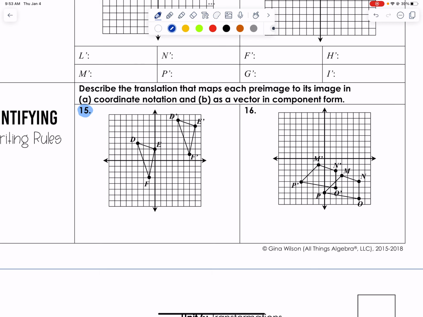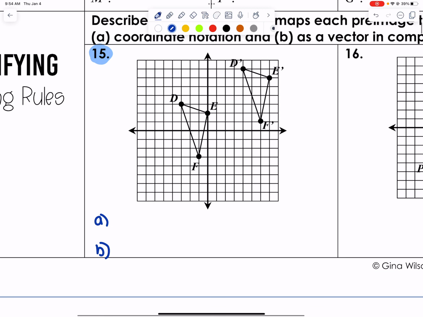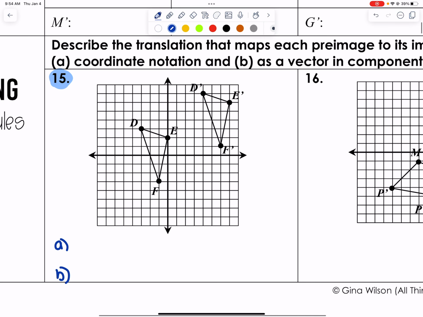So the directions here say, describe the translation that maps each pre-image to its image in A, coordinate notation, and B, as a vector in component form. So I'm going to show you what that means. So we have two answers that we're going to need here. First, identify the pre-image. The pre-image is DFE, okay? Now, for DFE, let's find our vectors. So from D to D prime, I want to determine how did we move. I moved up 1, 2, 3, 4, positive 4, and I moved right 1, 2, 3, 4, 5, 6, 7,